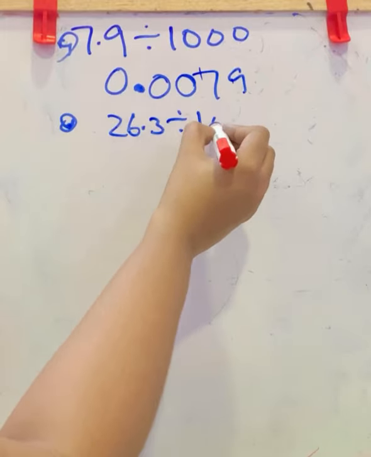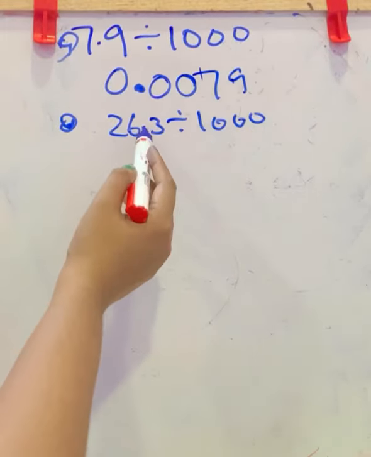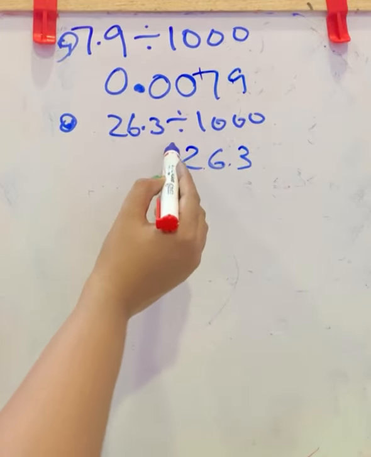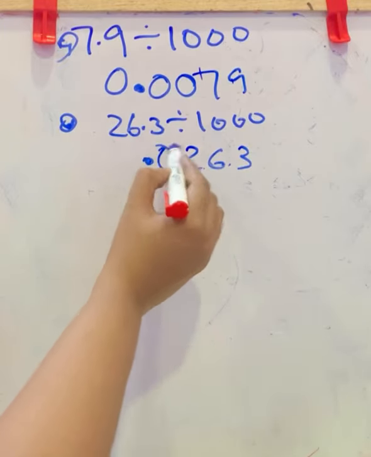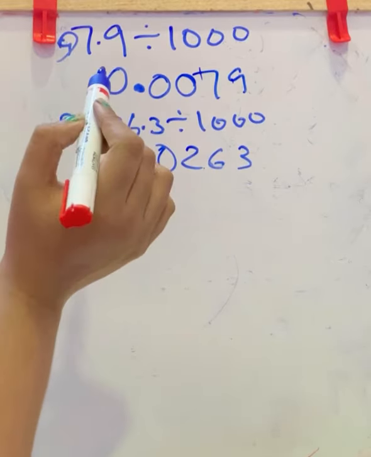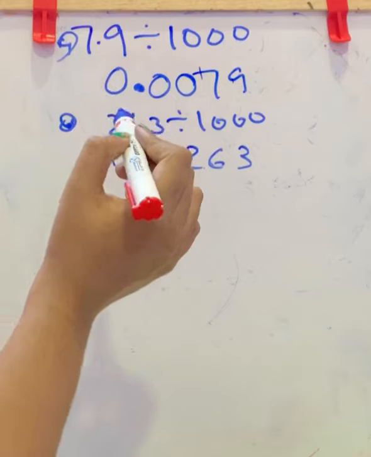26.3 division 1000. In 1000 we have 3 zeros. So moving 3 places to left side. From here it reaches 1, 2, 3. Put the decimal here. You can add a 0 in the whole number part. This is the answer, 0.0263. Next is